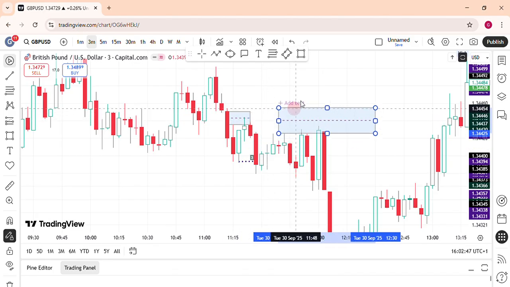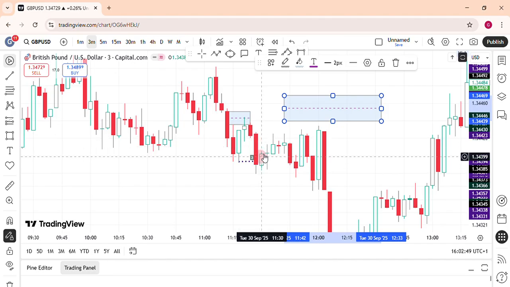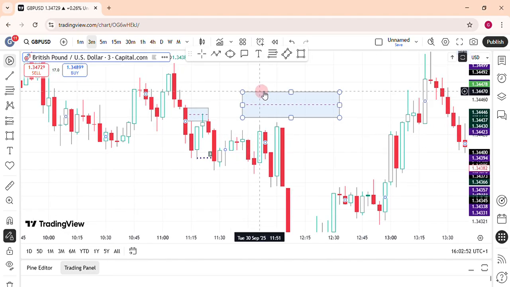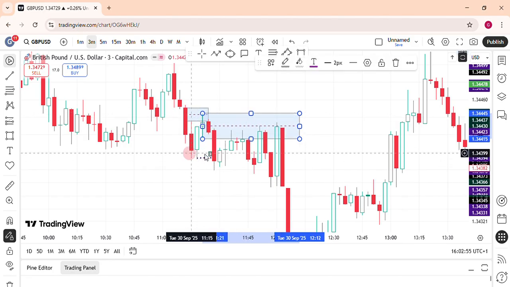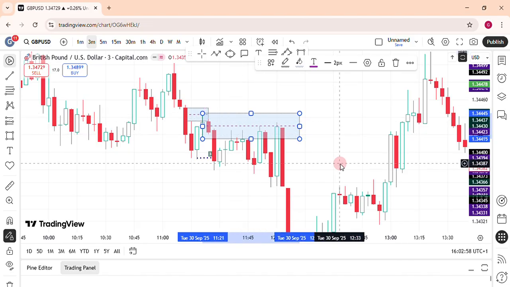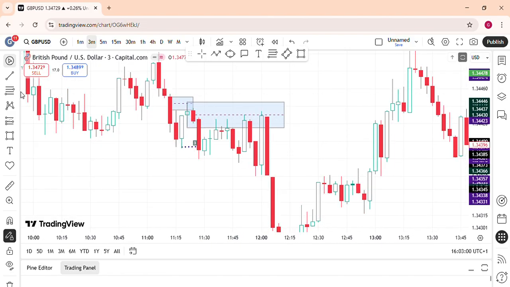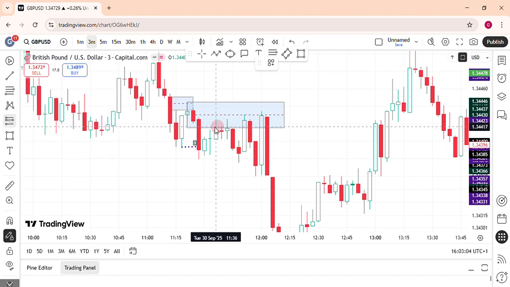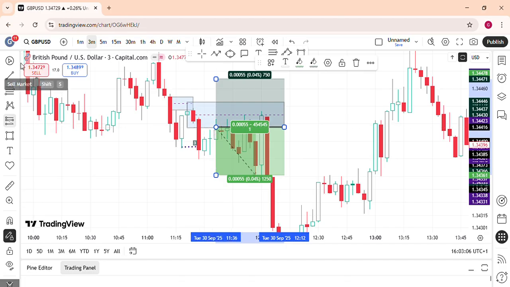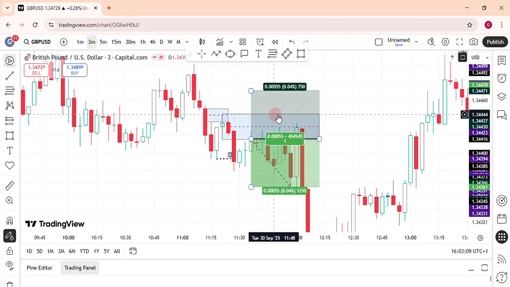The next one is our newly formed fair value gap here. This is where we would take our entry. We have first fair value gap, break of market structure. Now the next fair value gap would be our deal entry. Now this is our short position here. We put our position here, ready to take your trade, and